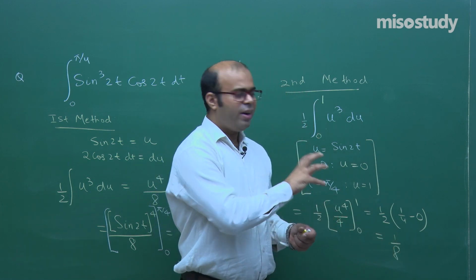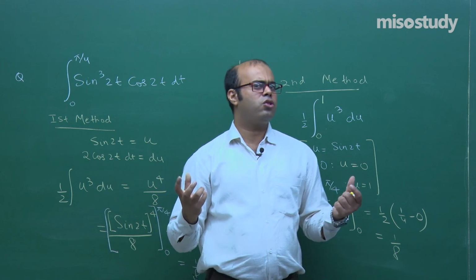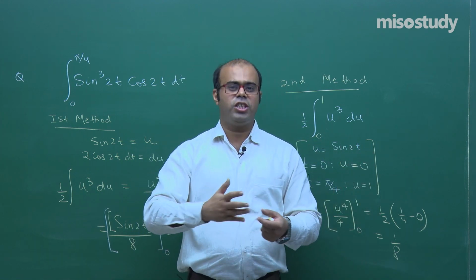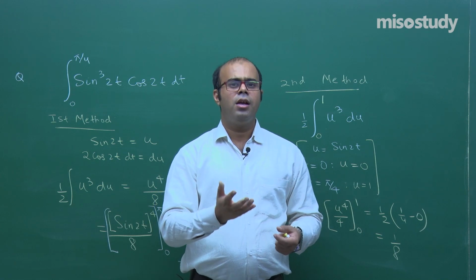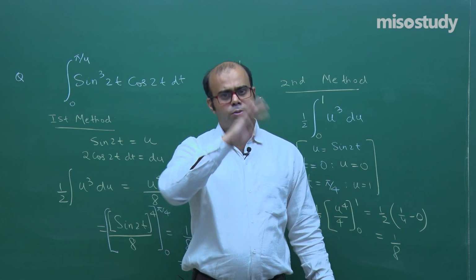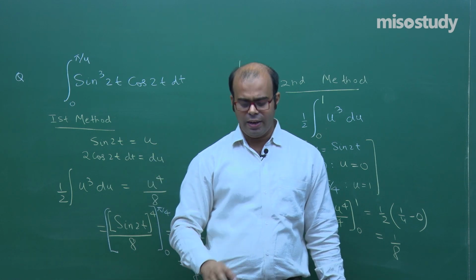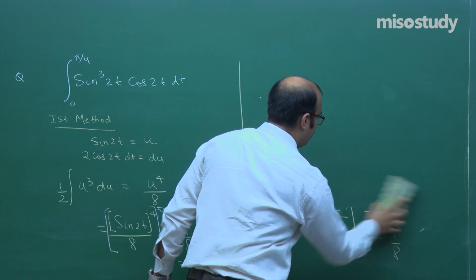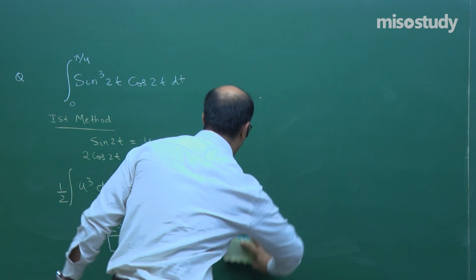So this is what we are trying to understand here, that there are two ways, and the better one is this one as it is less time taking. While you are changing the function with some variable, you also change the limits. So later on you don't have to back substitute and put the previous limits, right students? Let us take one more question to understand the application of the second fundamental theorem of calculus.